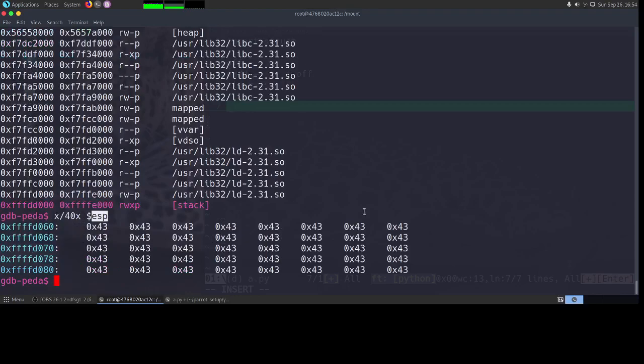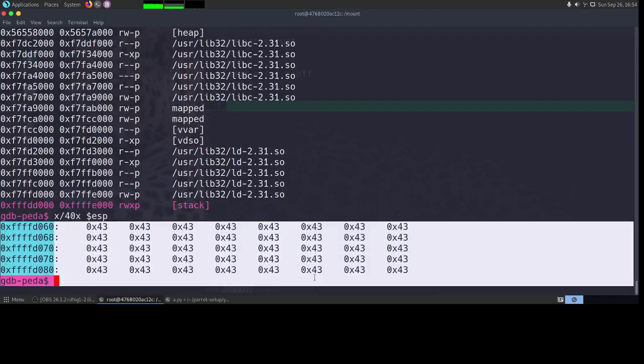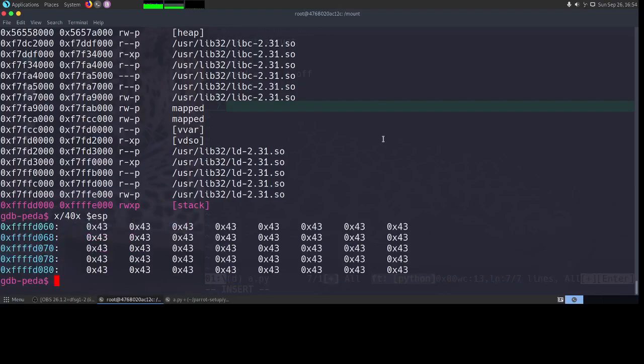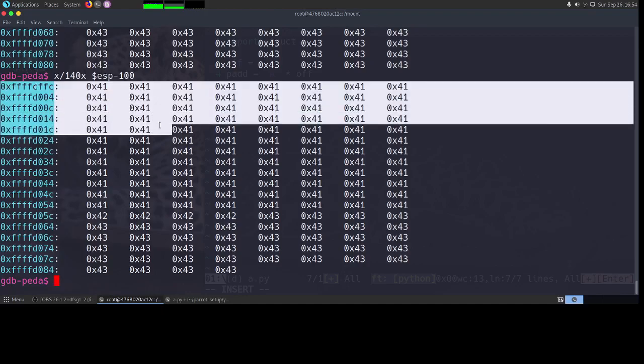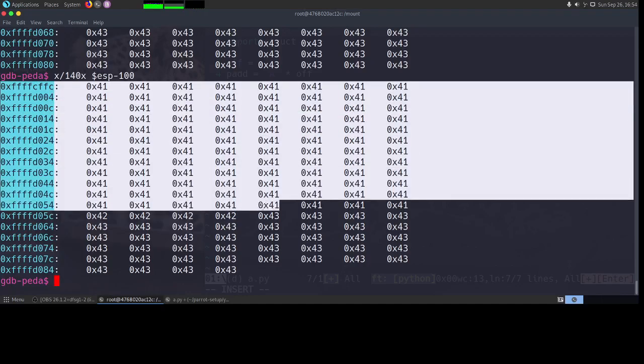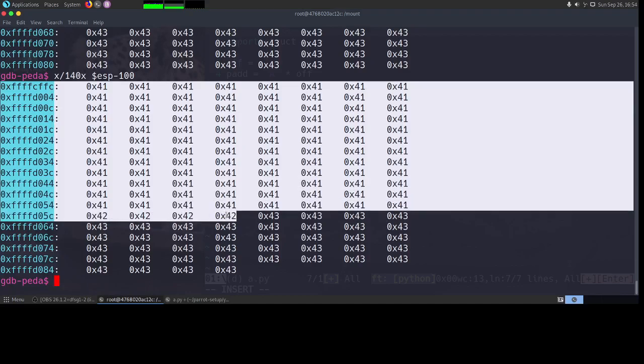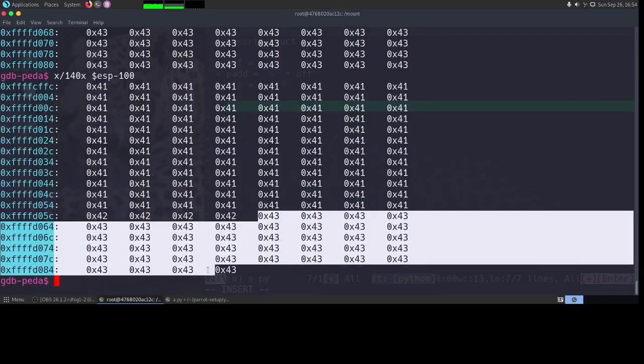So as I can see, it shows all 43s. The ESP is at the C, where we had C. If I do minus 100, and let me also increase this to 140, so now I am displaying 140 hexadecimal values from ESP minus 100, and we can see that at ESP minus 100, first we have the 41s that we had given, then we have the 42s, and then we have the 43s.